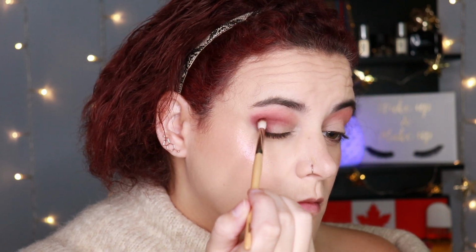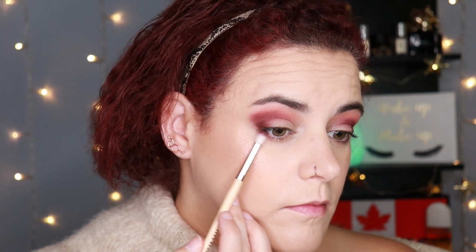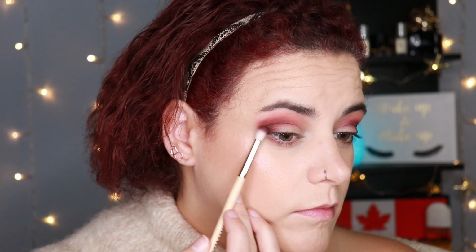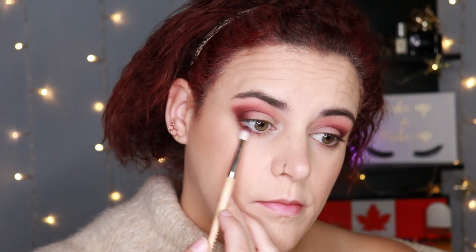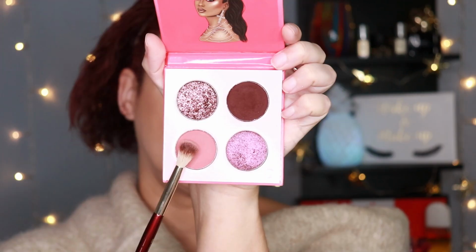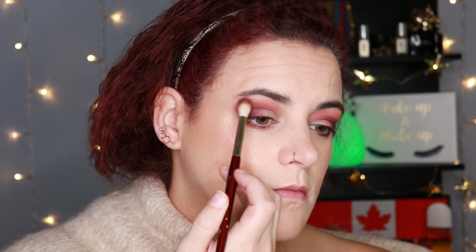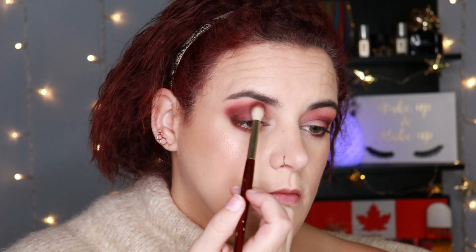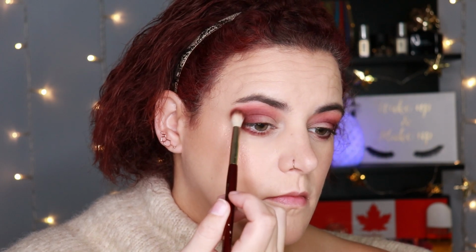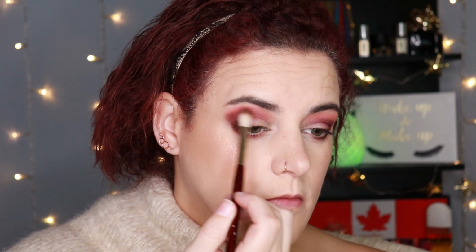So you can see that the placement of the shadow is pretty much the exact same as I did with the blues. Again, these are quads, so they don't really lend themselves to a ton of creativity, but I try. So then I'm going to go back in with that first shade. This brush that I'm using is again from BK Beauty, and it's the 202. It's just a little bit more tapered, but I'm using that to really buff out the edge of that deeper